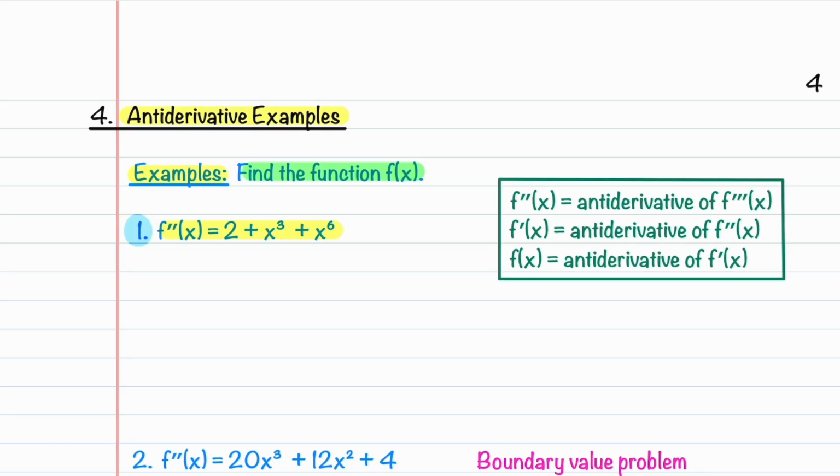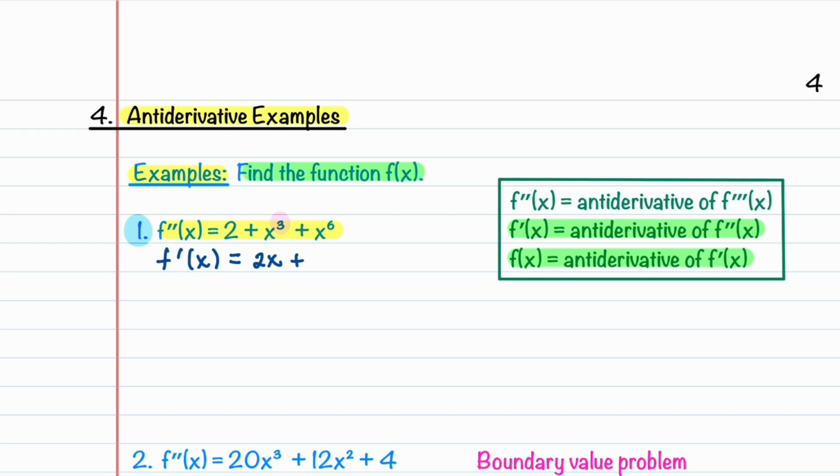We are first going to need to find f prime of x because f prime of x is the antiderivative of f double prime of x. And then we can find f of x because that's the antiderivative of f prime of x. Our first antiderivative is f prime of x, and that's the antiderivative of f double prime, and we can write that down. The antiderivative of 2 is 2x, and then the antiderivative of x cubed,